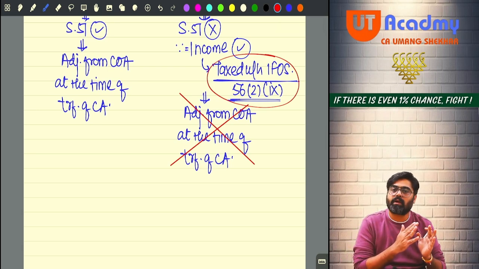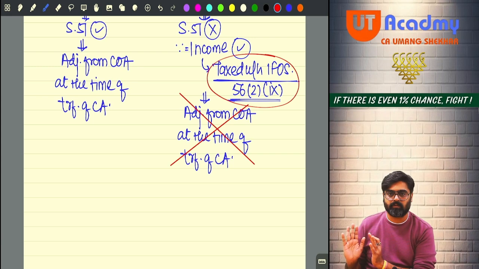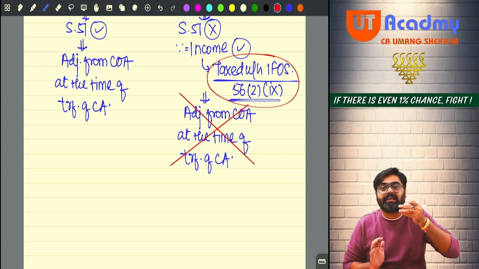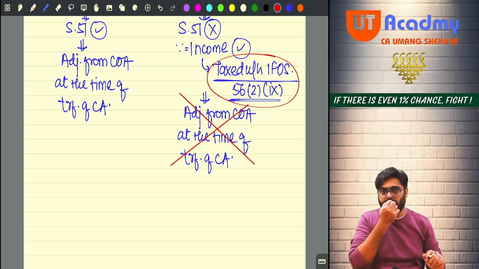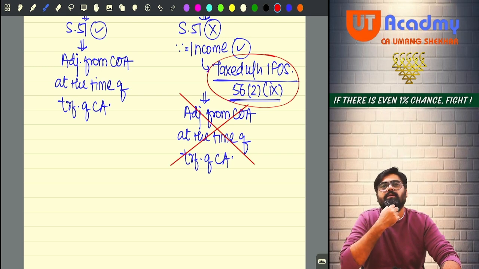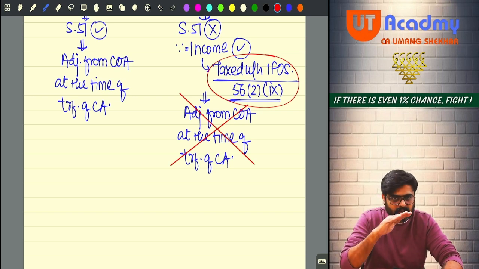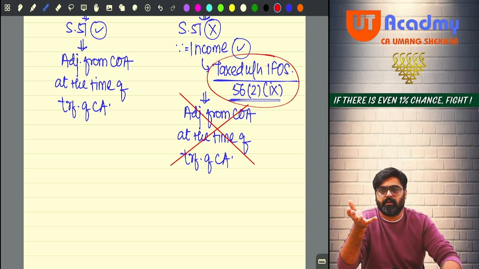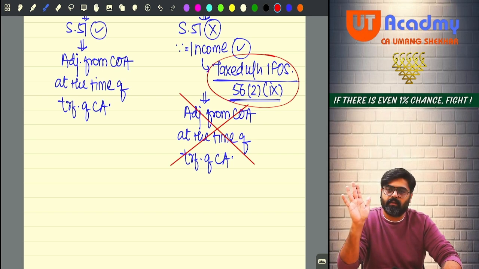Now we have completed all the things in special aspects. Now we are getting into section 47. Do you remember I told you that there are certain transactions which are treated as exempt transfers, meaning if these transactions happen with your capital asset, there will be no capital gain because these transactions are treated as exempt transfers. So one by one I will be discussing those transactions with you.